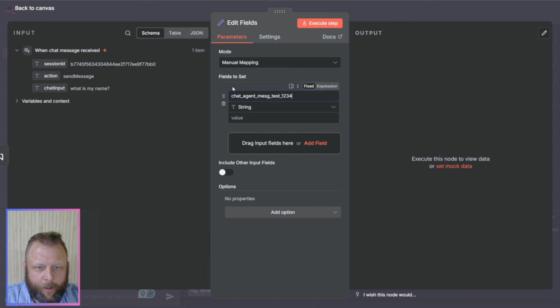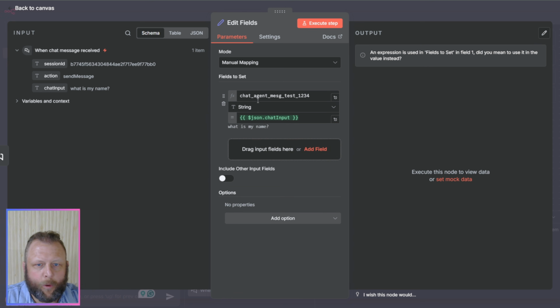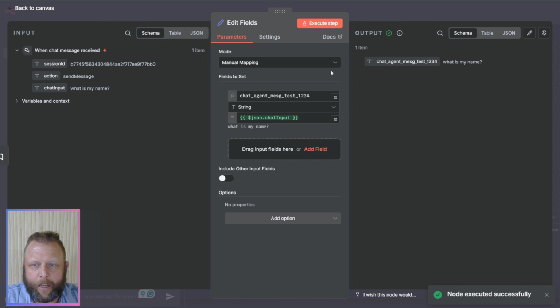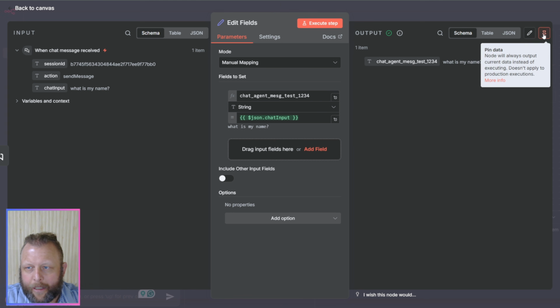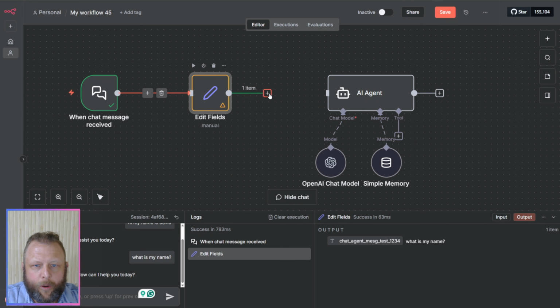All right, I'm going to click on expression, and this allows us to map that into there. So now we have a new variable called chat agent message. We can hit the execute button, and you can see that this new name now has that variable. The good thing from n8n is that we can pin data. So we'll have that pin in there, for example. That means it will always stay in here. But now when we connect this up, you will see,